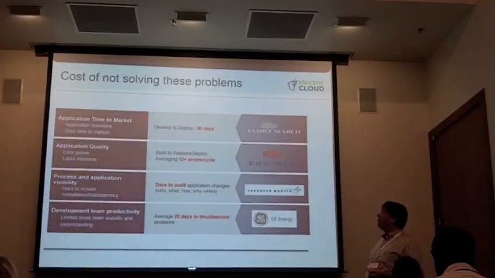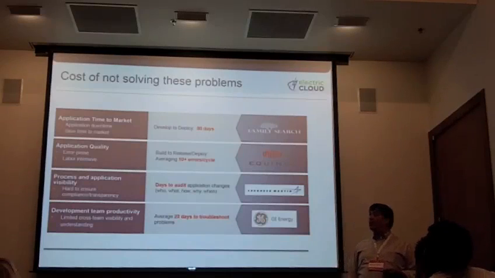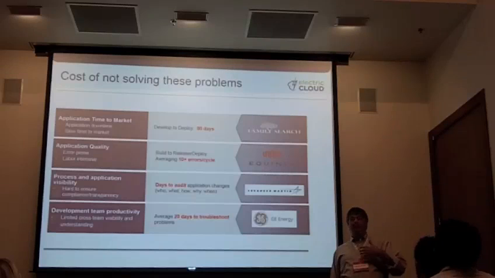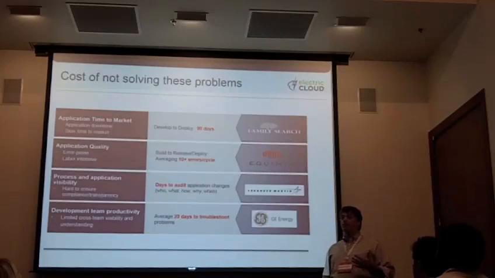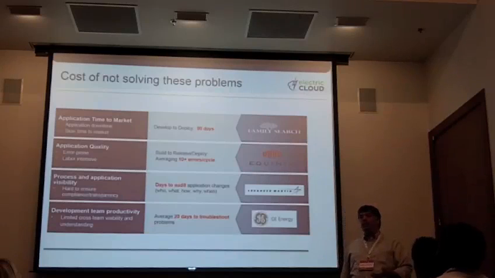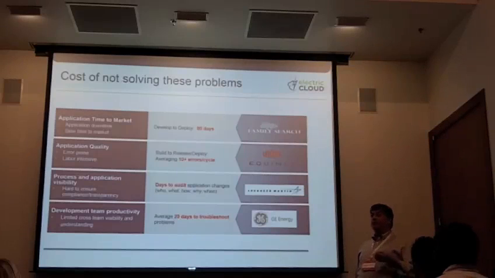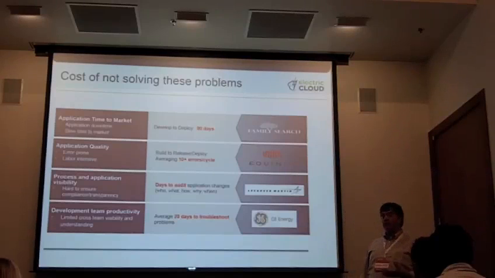So what's the cost of not paying attention to this, right? If you're not dealing with this problem, time to market is an issue. One of our customers, Family Search, when we started working with them, the time from code ready, out of development, tested, ready to be released live to the customer was 90 days. So 3 months to jump through all the hoops, not because it just sat there for 89 days, and then on the 90th day they were like, all right, let's deploy it. That was how long it took them to get through the process. Lots of manual processes, lots of sign-offs, because they didn't want to get it wrong. The cost of screwing it up is very expensive.